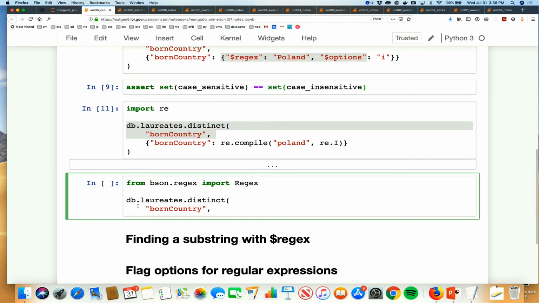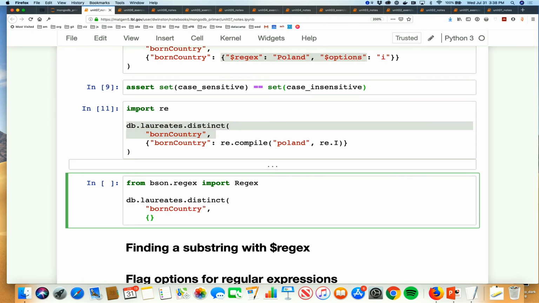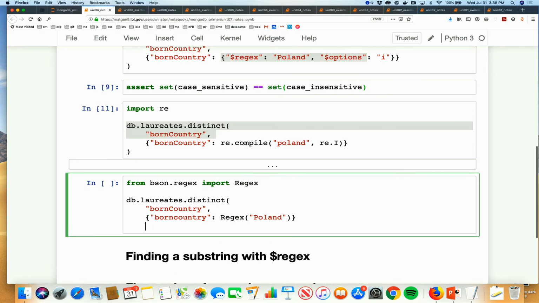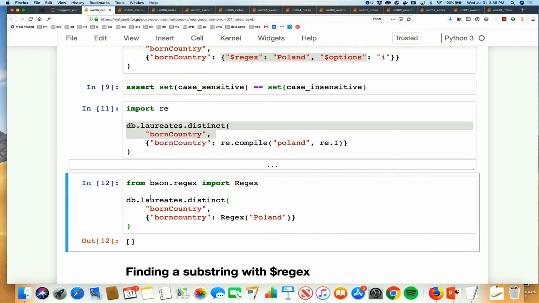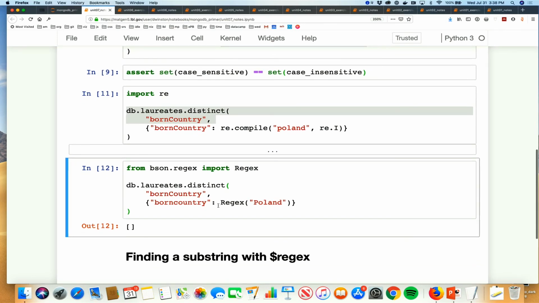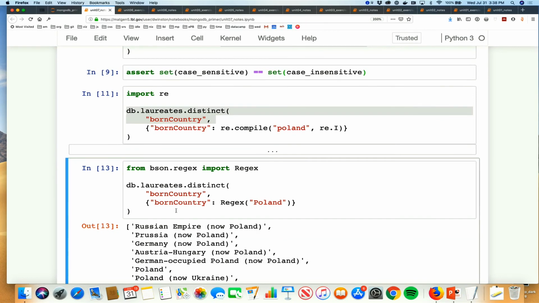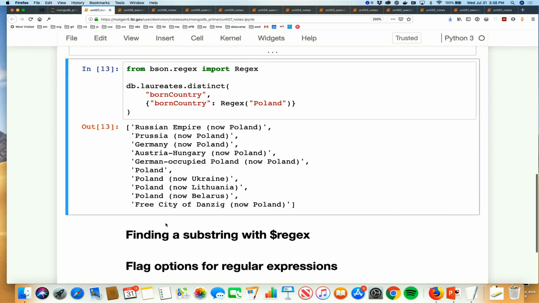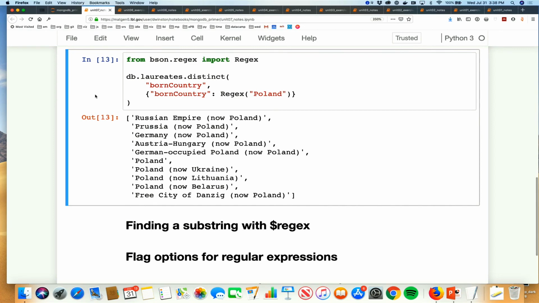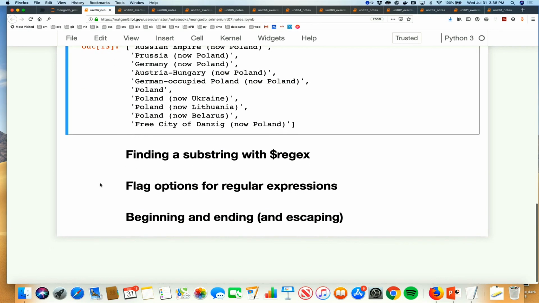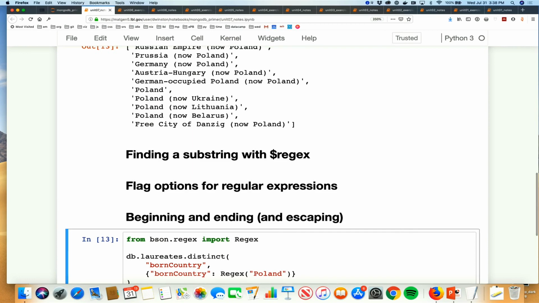born country. The construction is very similar. And we simply construct this regex object with the value Poland in this case. Missing a capital C. Great. Thank you, John. Okay, I'm going to copy this, and I'm going to go down to this section and paste it,